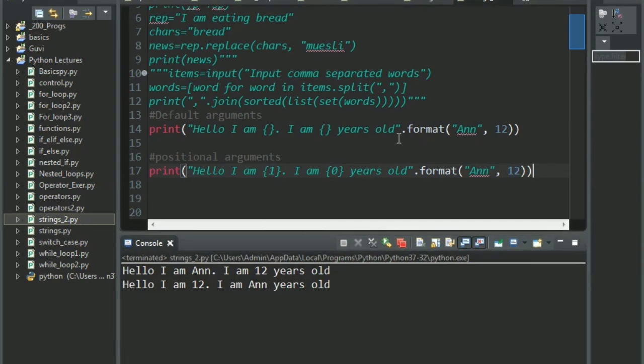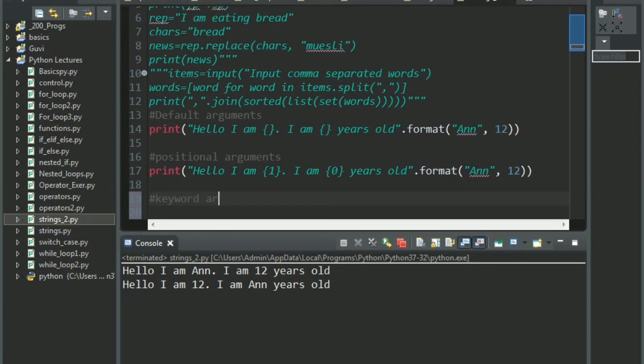So we saw default arguments, positional arguments using the format function. Now let's try out keyword arguments. Now keyword is basically you giving a variable and then assigning some value or some string to it.